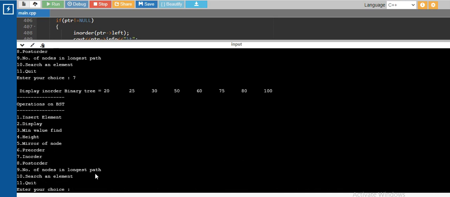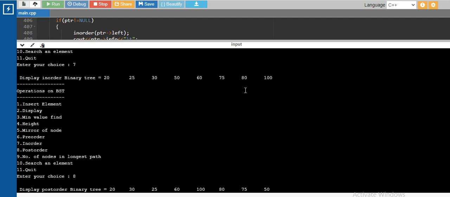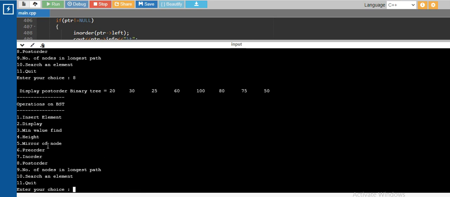And the next one is post order. So this is the post order. So you can also find out the difference in the post order. The initial is the same, but here we have taken the 30 and then 25, because left node, then right node, left node, then right node, and then root node. So this is the difference in the post order traversal, right? Now all traversals are done.